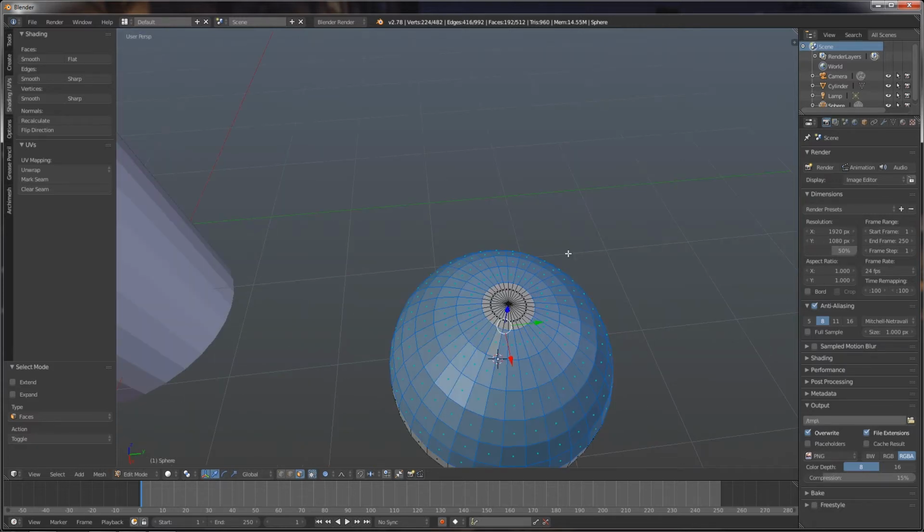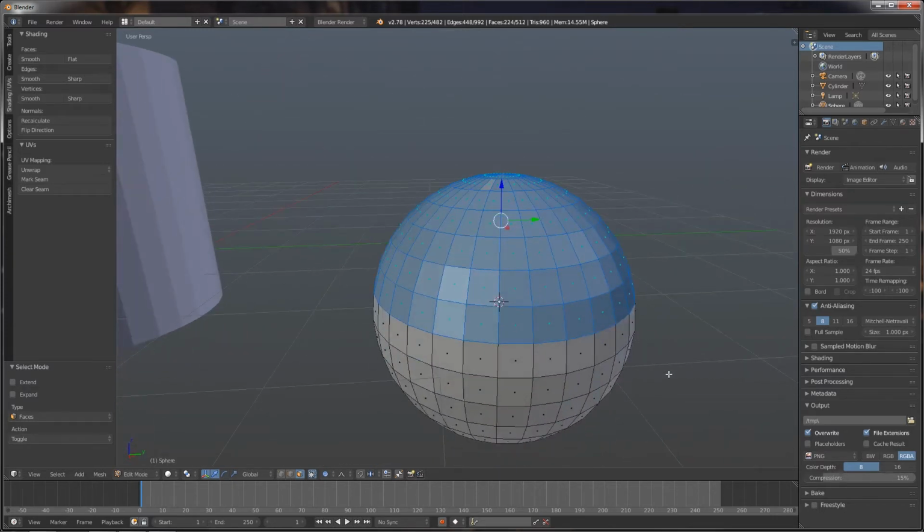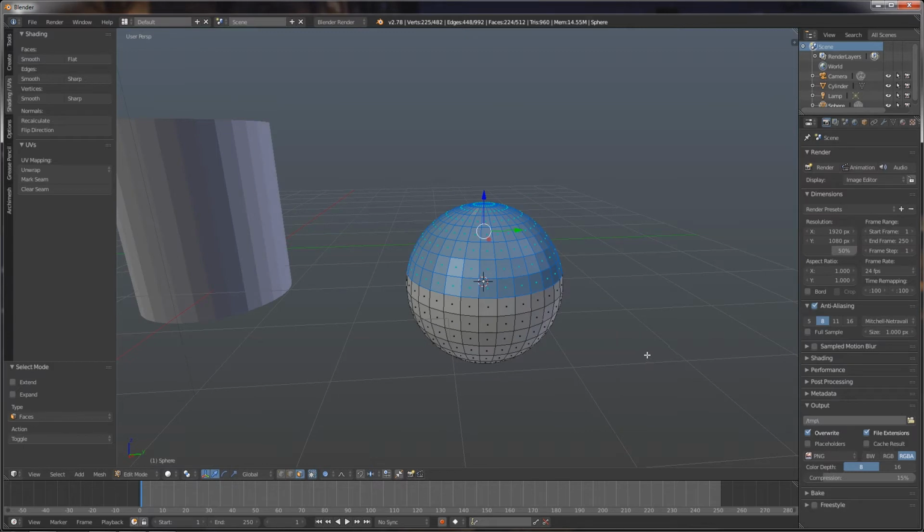Once we get to the top, we will need to use our Circle Select to select the remaining portion of the sphere. Then right-click, and now we have the top half of the sphere selected. Then choose Smooth under the Faces section in the tool panel. Using the A key, deselect the faces,